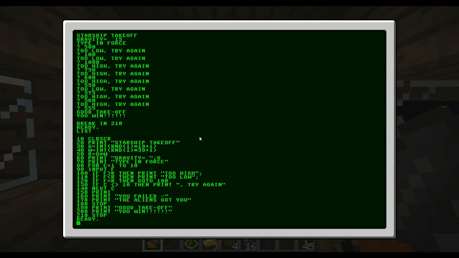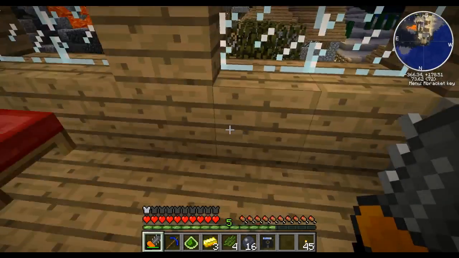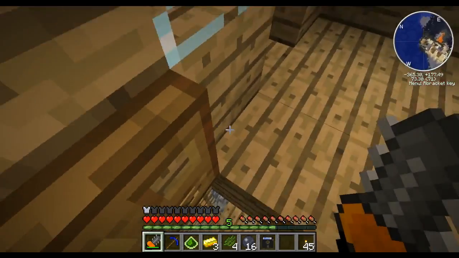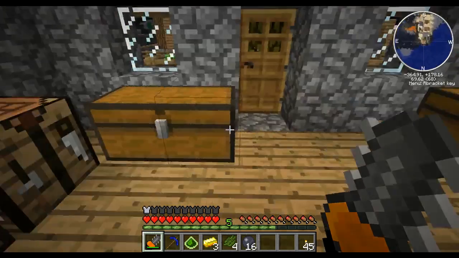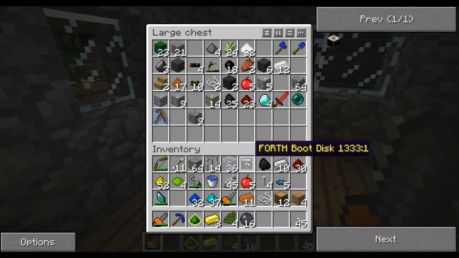But now what I should be able to do is type save. Actually, before I do anything, I'm going to make myself another disk, because I don't want to overwrite my 4th disk. Actually, in fact, I'm going to put my 4th disk in there, and I don't want to overwrite my basic disk either,